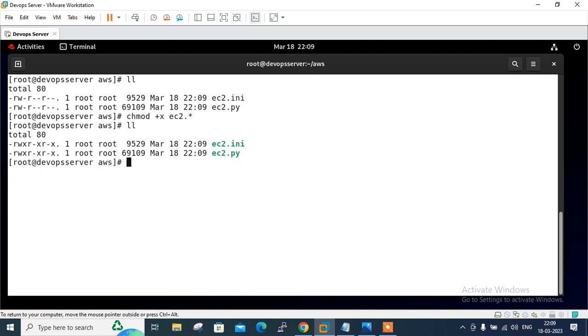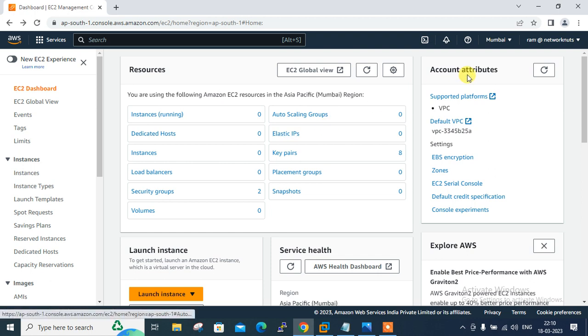Now move to the next tab, which is to launch one EC2 instance in the AWS cloud and make one IAM user with programmatic access. So here is my AWS console, and currently I'm in the Mumbai region, and you can see that currently I don't have any EC2 instances. They are not in the stopped condition, not in the running condition. So let me launch one EC2 instance and make one demo user with EC2 full access. So I click on launch instance,